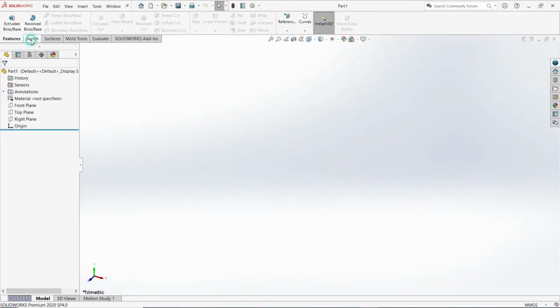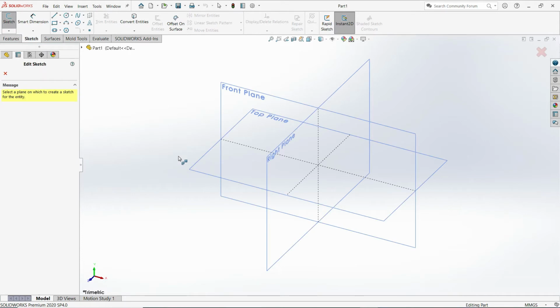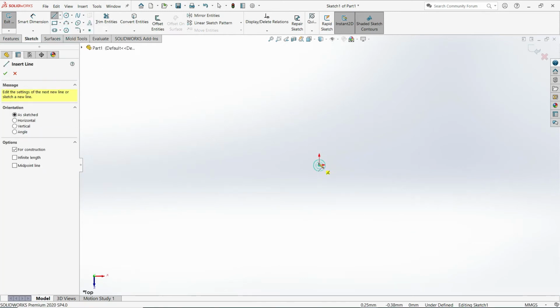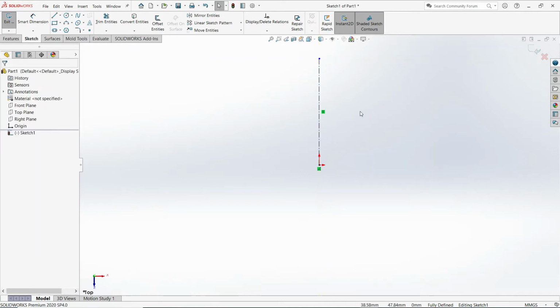So let us sketch by selecting the Sketch Command Manager tab. Select the sketch tool. Here I would select the top plane. First, I would create a center line running vertically upward. Then I'll right click and select to end the line tool. I'll press the F key to fit the drawing in the graphics area. So here I would discuss